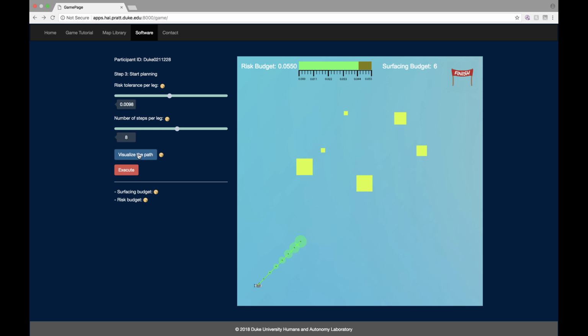After you visualize the path, you will see the direction of the path and the distance, and the green circle shows the possible location of the robot when it travels. And also on the risk budget bar, the brown bar shows how much risk this planned path is going to take. If you are satisfied with this path, you can click execute, and then you will see after the robot